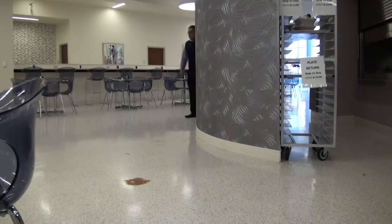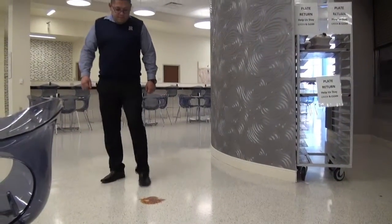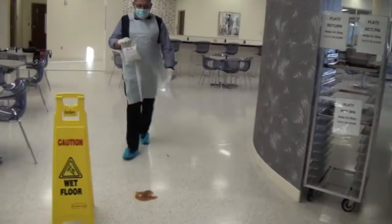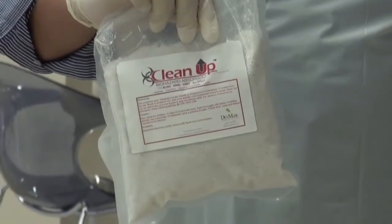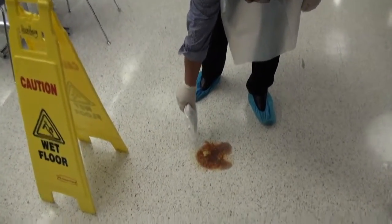Emergency spills can happen anywhere at any time. When these spills happen, staff must be prepared to respond. The Cleanup Biohazard Spill Kit was specifically designed to meet FDA 2013 Food Code 2-501.11. Our innovative formula will pick up common large incidents without the use of a mop bucket and has been